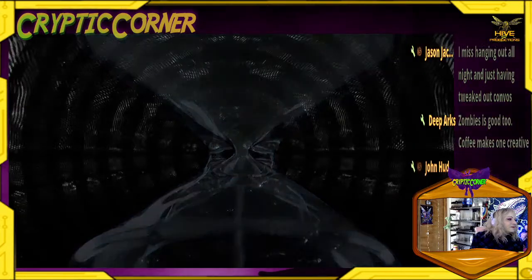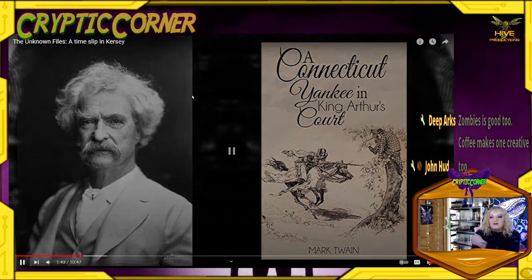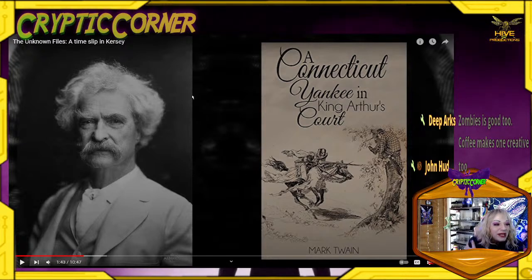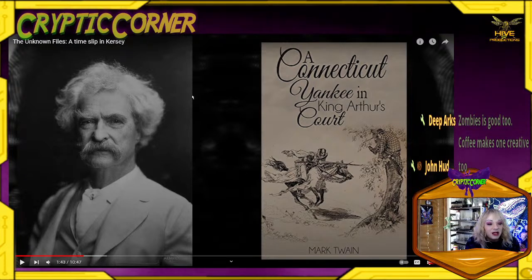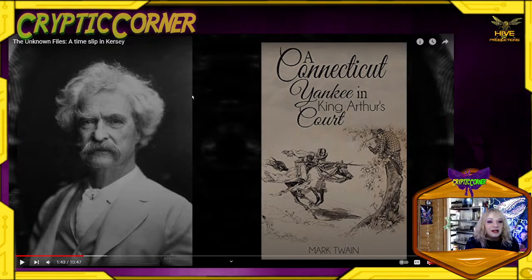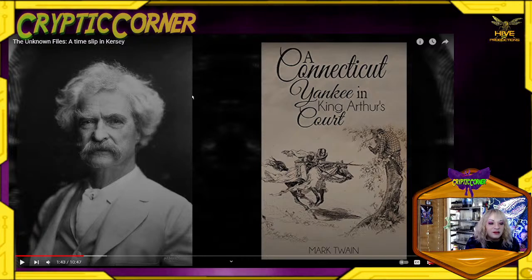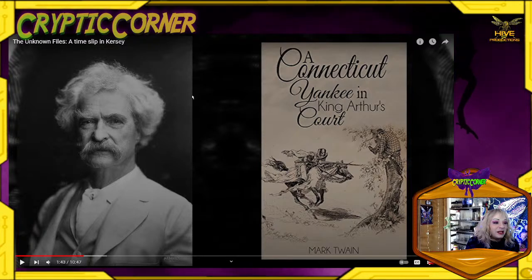The concept was first introduced in Mark Twain's A Connecticut Yankee in King Arthur's Court in 1889. And it's been retold and represented. Movies have been made with the concept. Martin Lawrence went back in time and was a knight in King Arthur's Court. I think the kid from The Sandlot went back in time and was in King Arthur's Court.